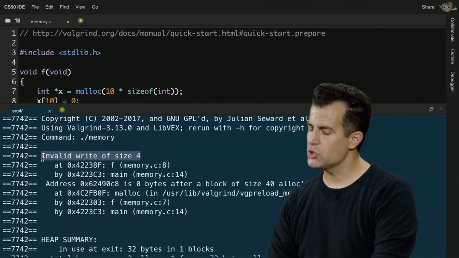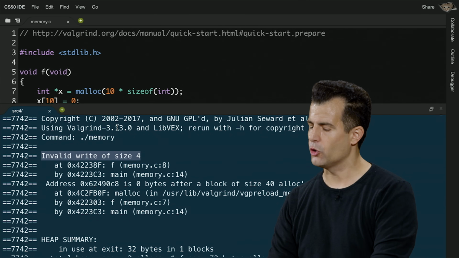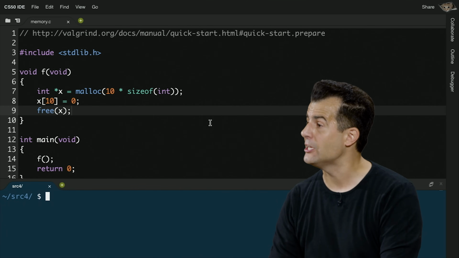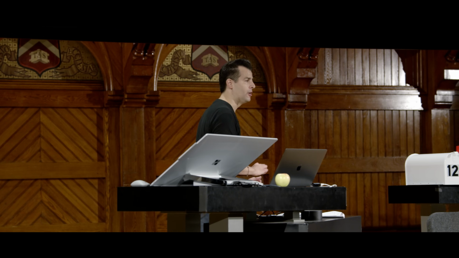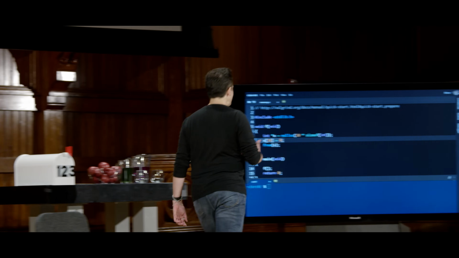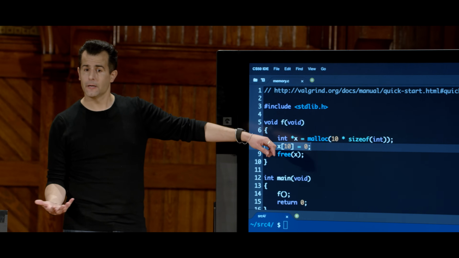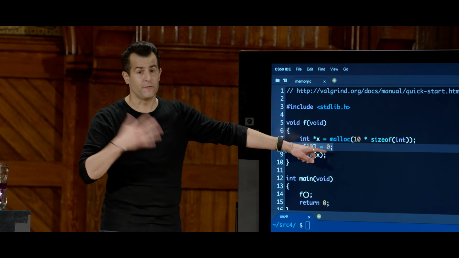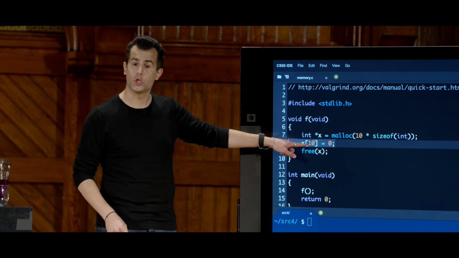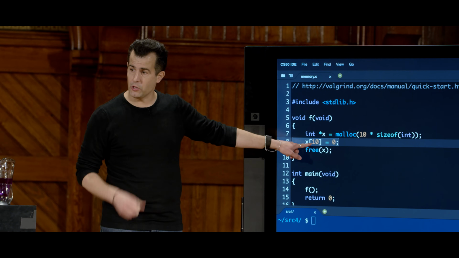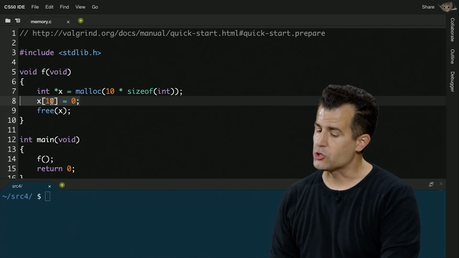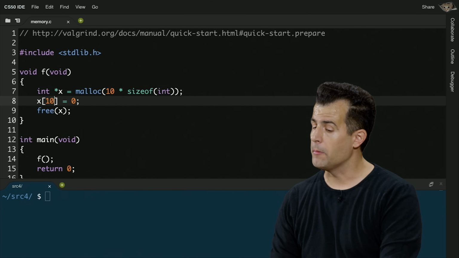But here's where it's sometimes useful to understand the various data types and their sizes. Invalid write of size 4. Writing in a program just means changing a value. And it mentioned line 8 here. In what sense is this an invalid write of size 4? Well, how big is an int? 4 bytes. You're trying to change it arbitrarily to 0, but I could have made that 50 or any other number. But I'm trying to touch an int that should not be within the memory I have allocated for myself. I asked for 40 bytes or 10 ints. But again, because arrays are 0 indexed, this is like going one beyond the boundary.